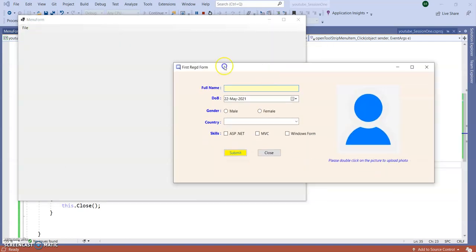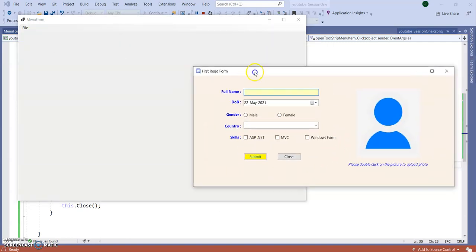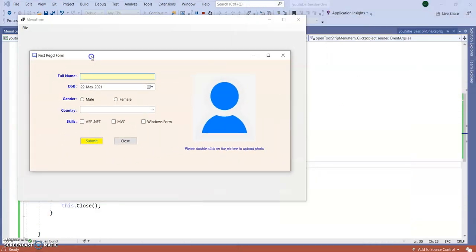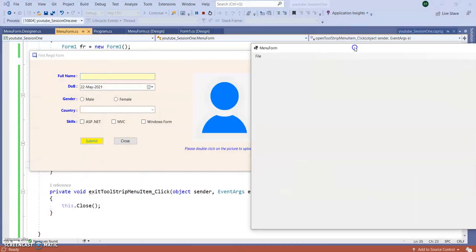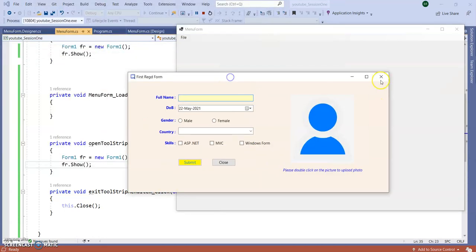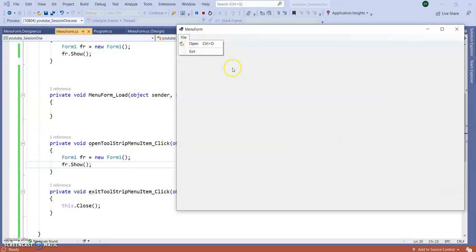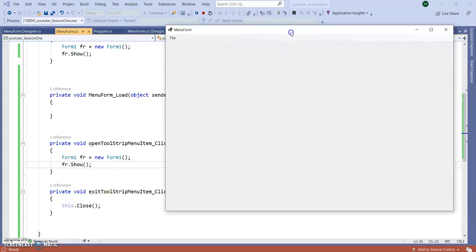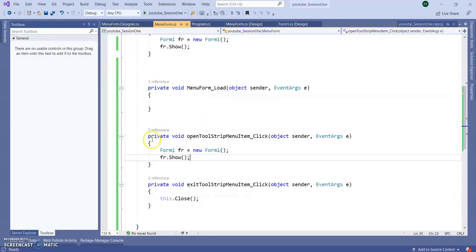If I click on open, you can see this second form is coming outside the application, not inside it. I can hold this outside the application. We are going to see how we can do it only inside the application. You can see exit menu. If I click on exit, the form is closed and the running also closed.